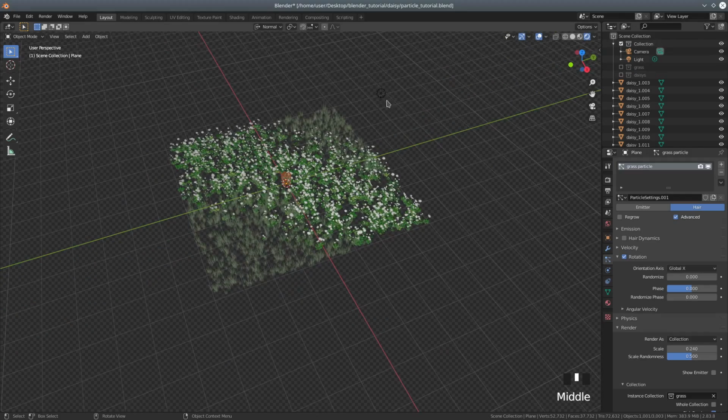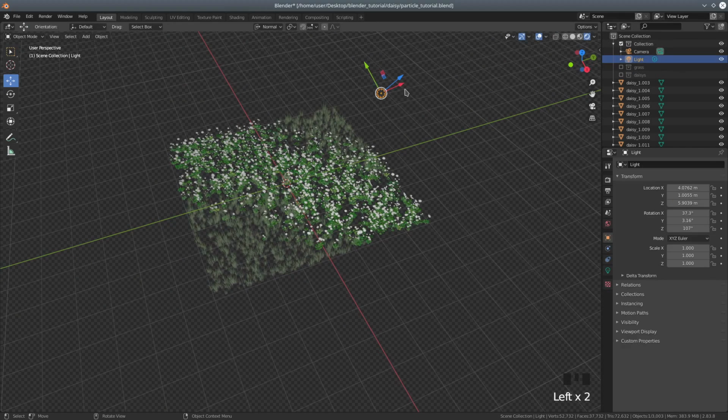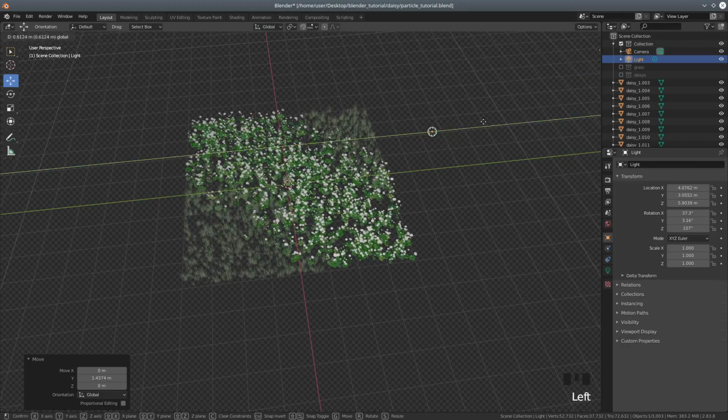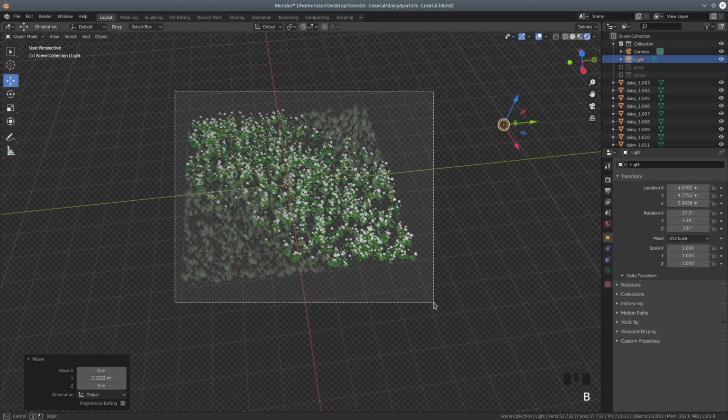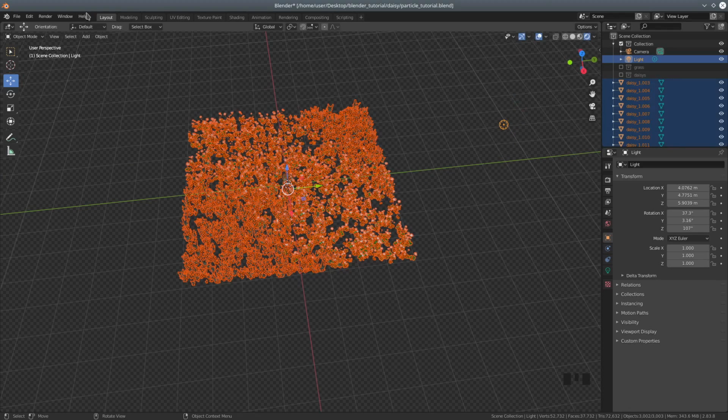Okay. Move that light out the way. Global, I think, is what we need. Let's move it right out the way. Right. So let's do